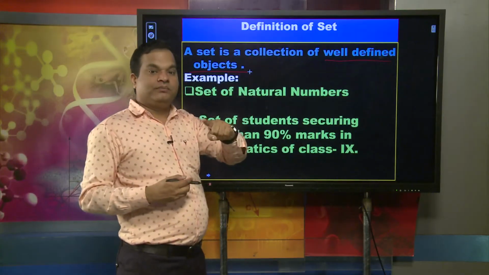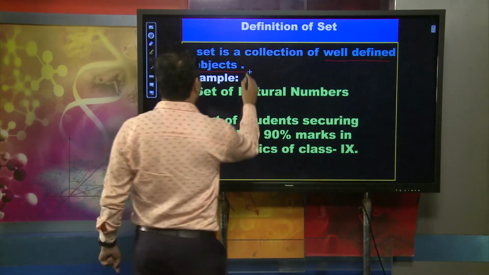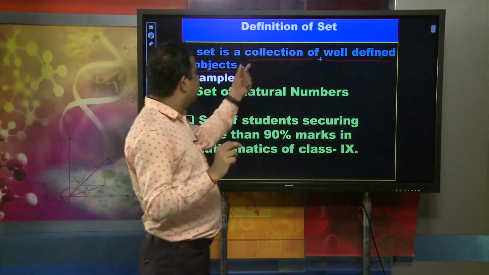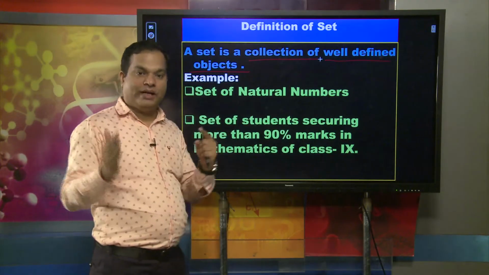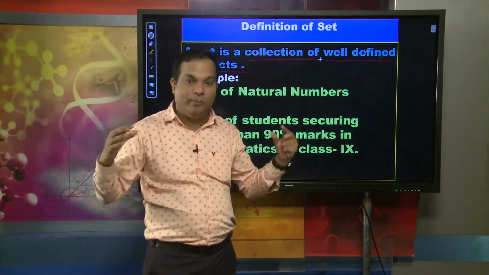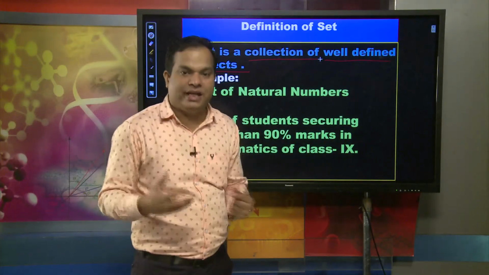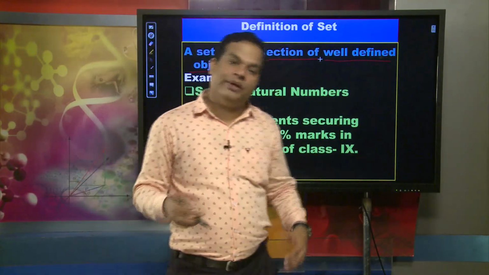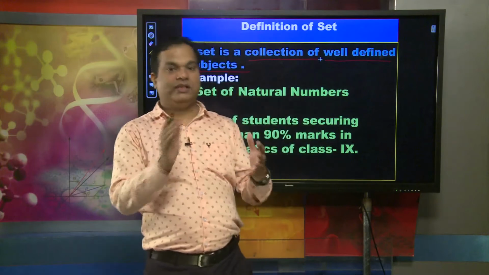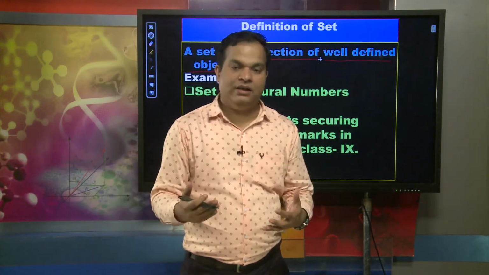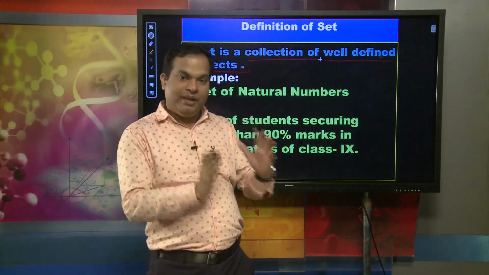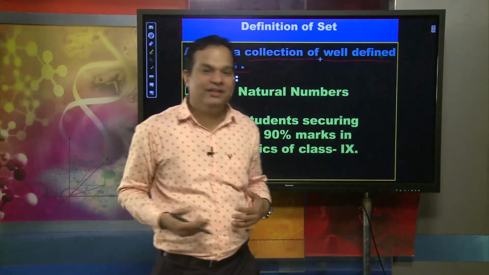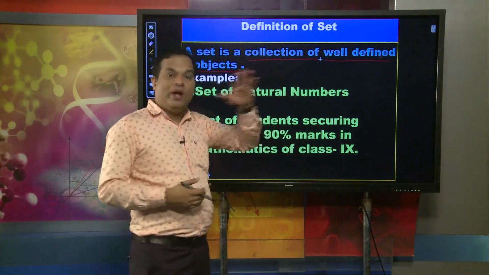Another thing is collection of objects. Another term used: a set is a collection of objects. So two terminologies are involved. One is collection, another is well defined. By combining these two terminologies, we form a set. For example, the set of natural numbers. We can form a set, of course an infinite set, by taking the elements of natural numbers, because natural number is defined. That is the important thing, and it is defined in a well manner.